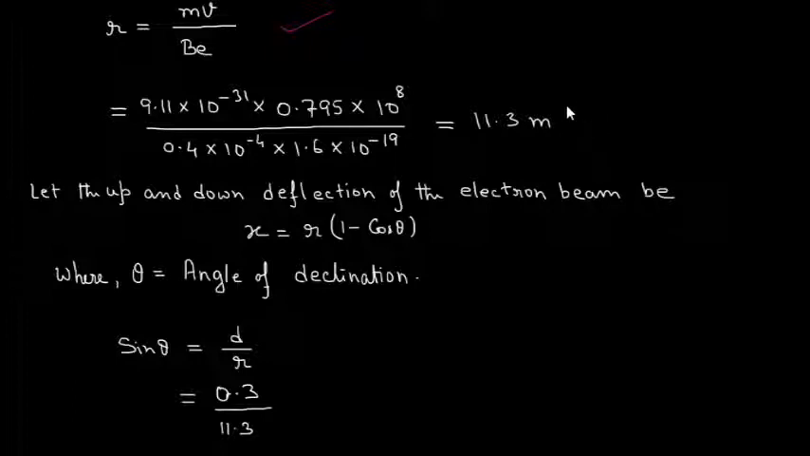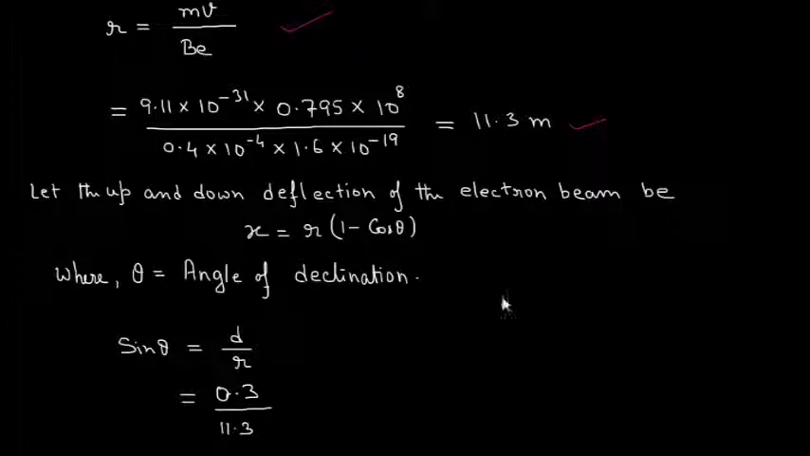9.11 multiplied by 10 to the power minus 31, 0.795 multiplied by 10 to the power 8 upon 0.4 multiplied by 10 to the power minus 4 multiplied by 1.6 multiplied by 10 to the power minus 19, which is equal to 11.3 meter. Let the up and down deflection of the electron beam be x, which is equal to r